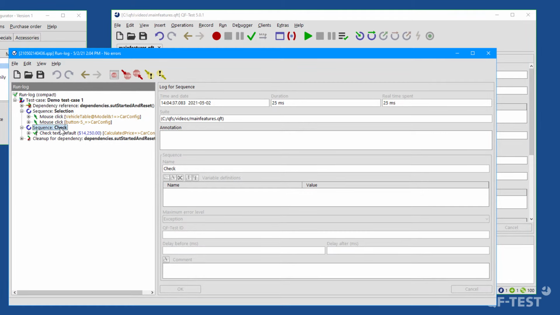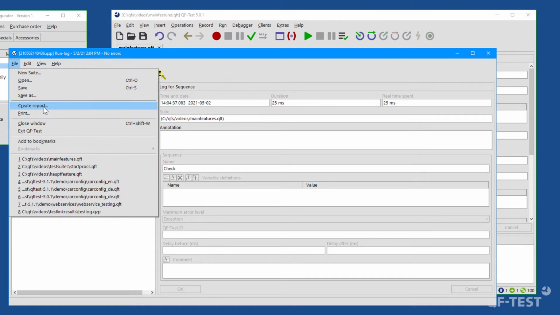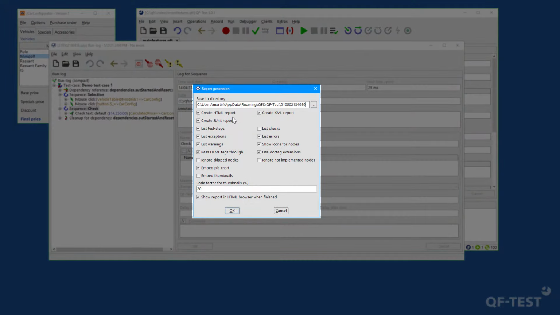In case of errors, you will find a detailed error message as well as a screenshot of your application at the moment of the error. Besides that detailed run log, you can create overview reports of your test results, either in HTML, XML or JUnit format, and you can use those reports to integrate the QFTest results to any CI or test management tool.